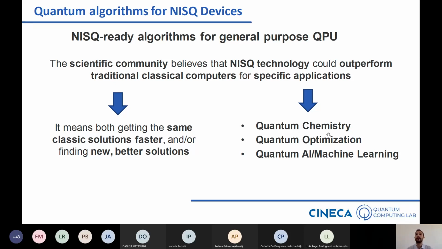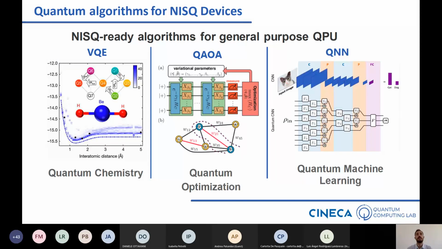And what are the applications where this kind of variational and parametric hybrid approach could be helpful? It's chemistry, optimization, and machine learning. Okay, these three big areas. As we've seen in the beginning of the lecture, for quantum chemistry there is this